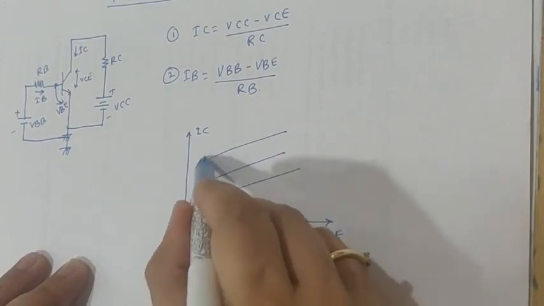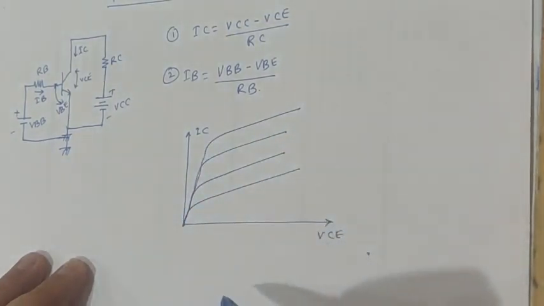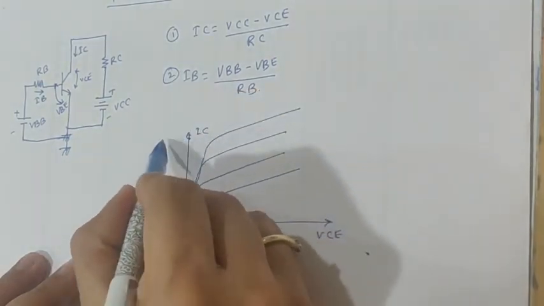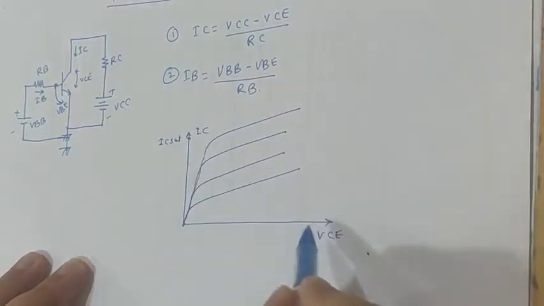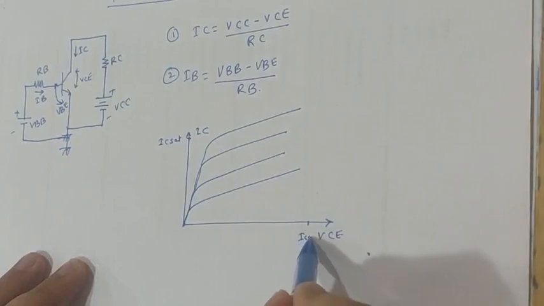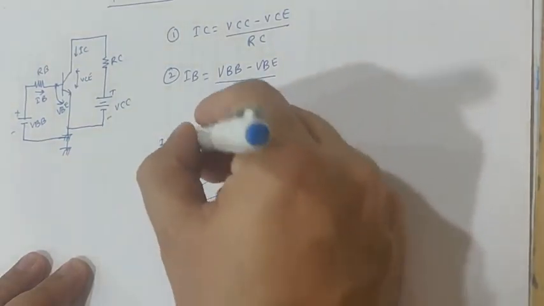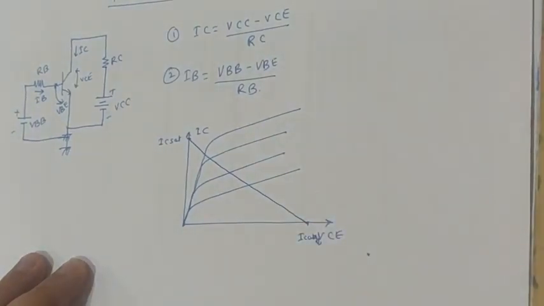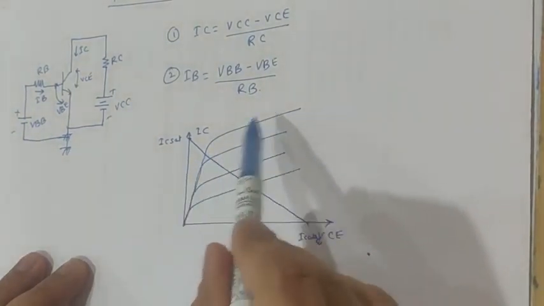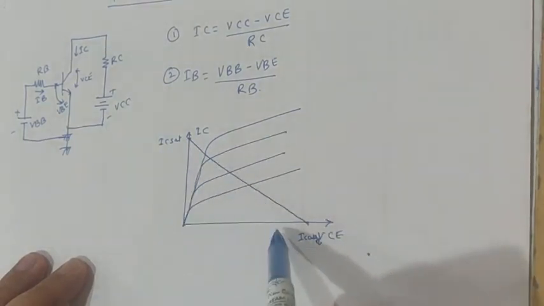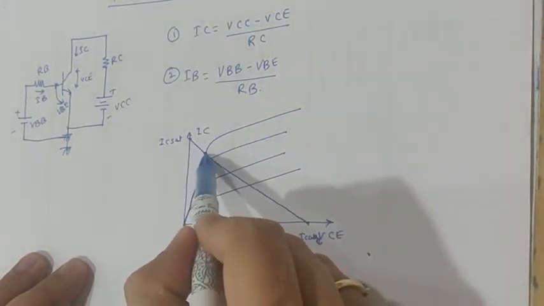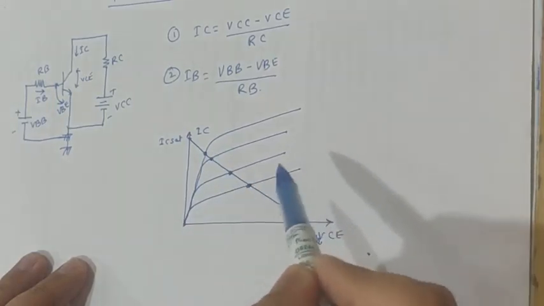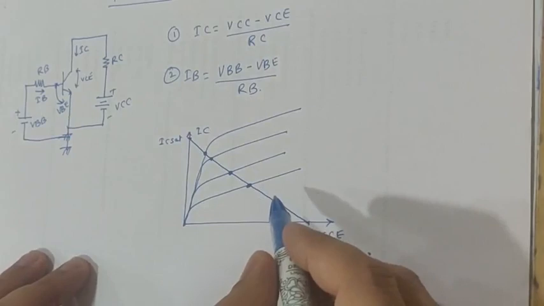These are the output characteristics of common emitter amplifier. Now if I draw the DC load line here, let us say this is your IC SAT value and this is your IC cutoff value. If I join these 2 points like this, I will be getting the point of intersection between the output characteristics and the DC load line that I have drawn. Like this one is one point, another point is this, then this point. So I have marked some points of intersection, right?